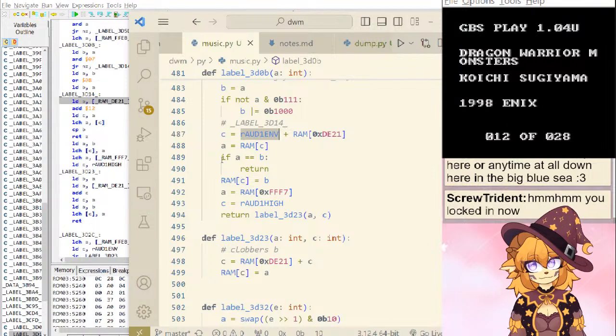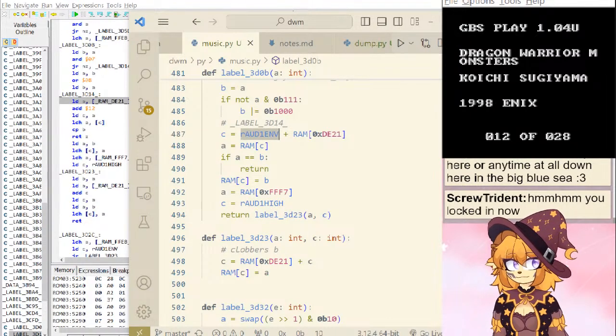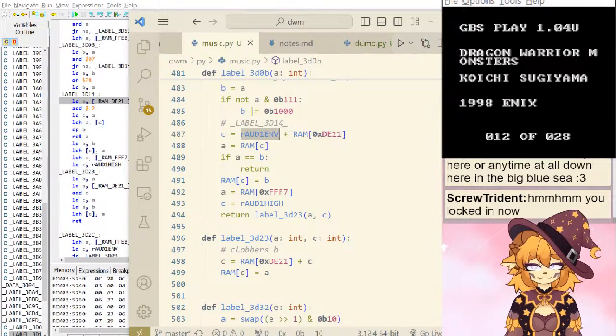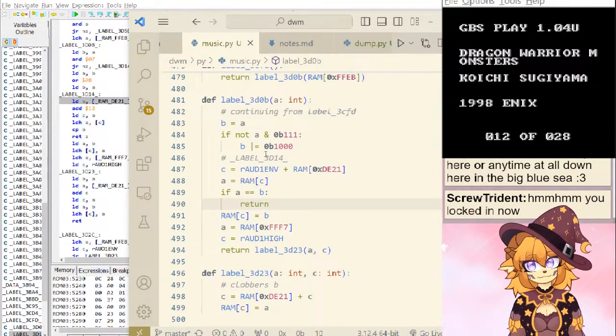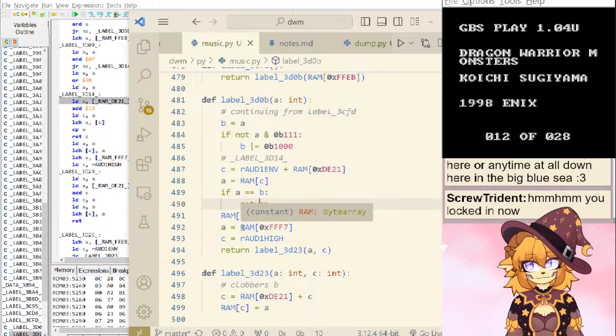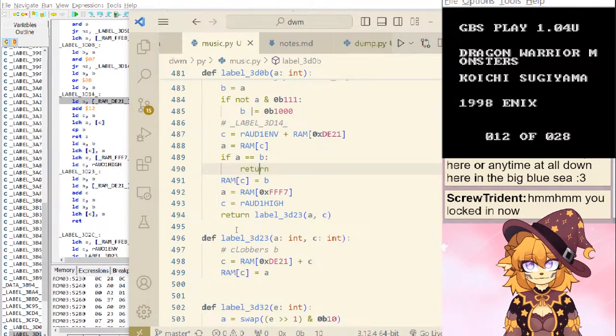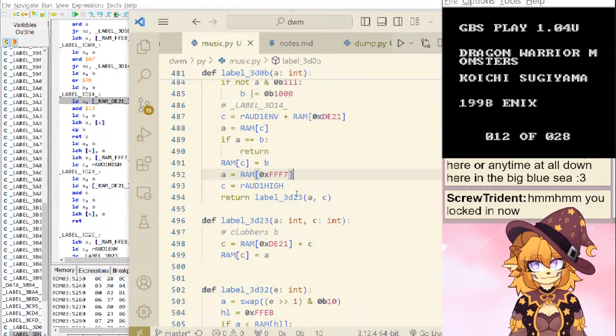So if the odd one in, what is the odd one in again? Oh, the envelope, that's the volume. So if that is equal, then it returns. Lock in now.